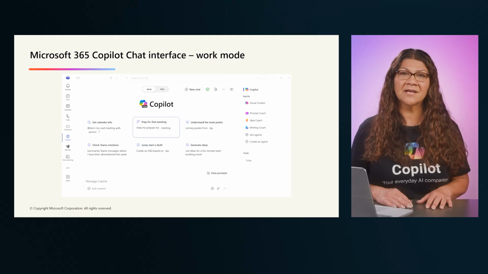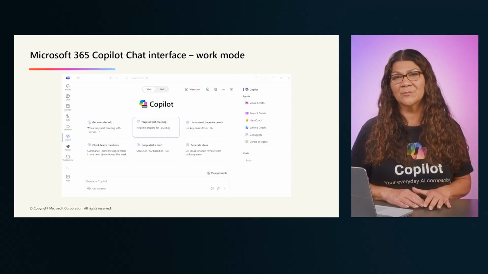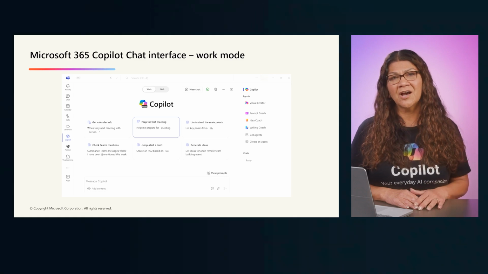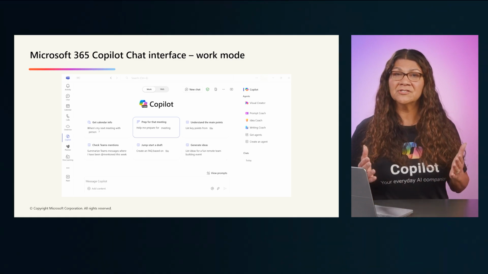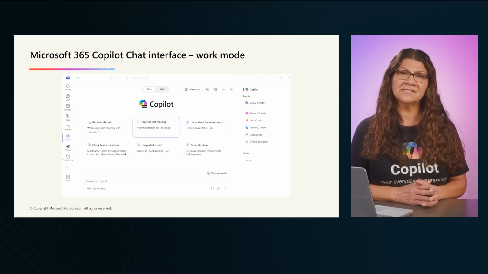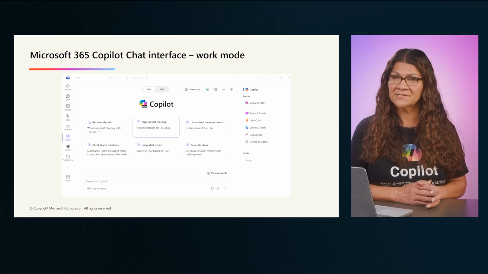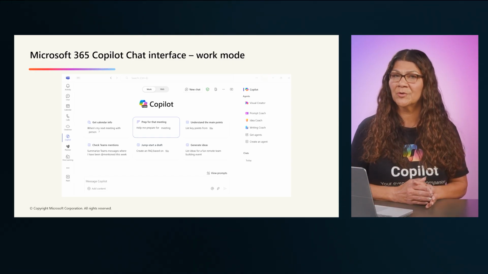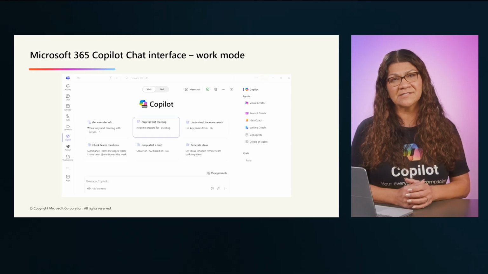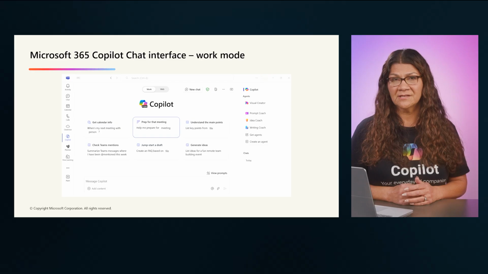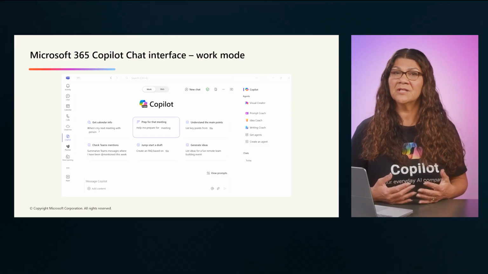These prompts are designed for efficiency, summarizing unread messages, preparing meeting briefs, and drafting content from a file, or even generating ideas without switching apps. A best practice is to start with these suggested prompts and then tailor them using specific people, dates, or project names for higher accuracy. On the right, you'll find your agents and coaches, such as the writing coach, the meeting coach, the idea coach, the prompt coach, and more,